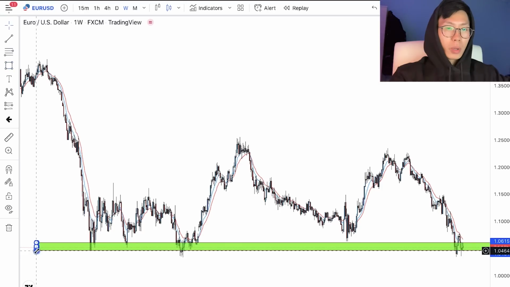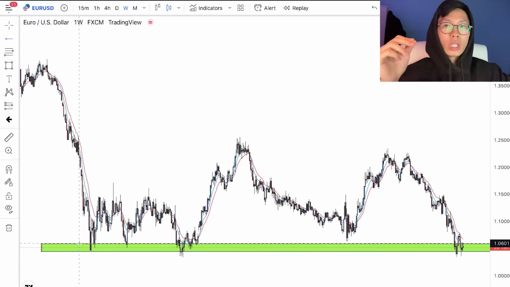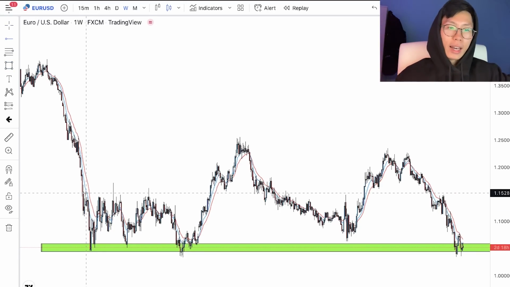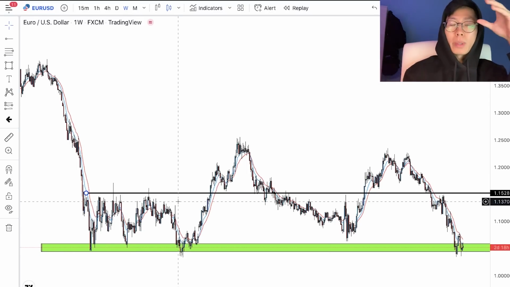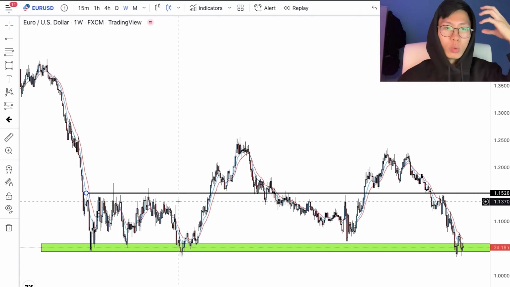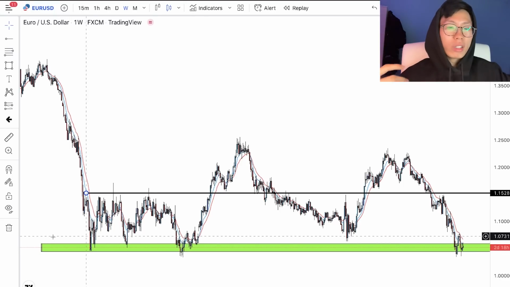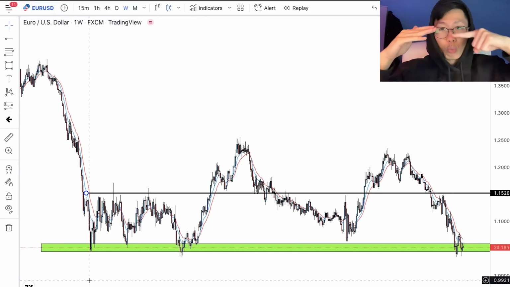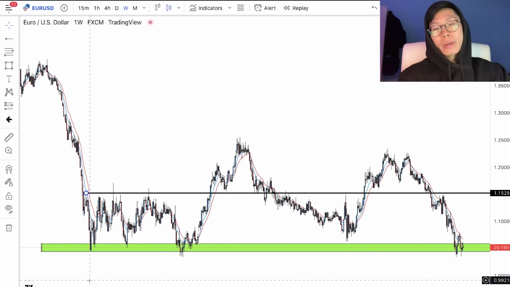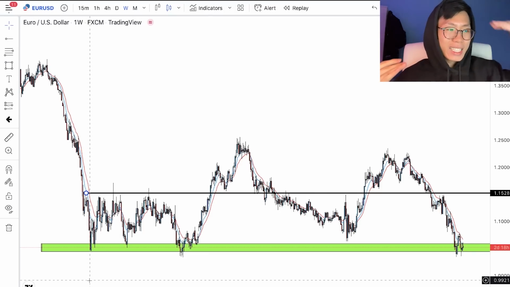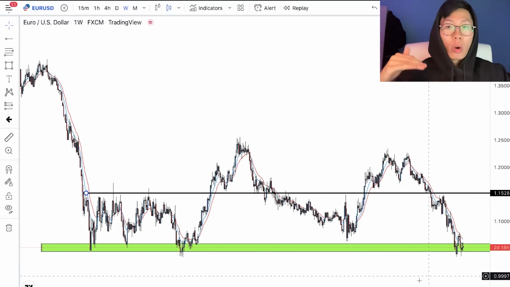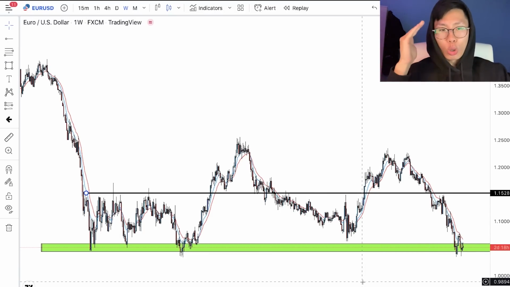And there's the little support area right here. And if you guys notice, I do not like to mark my key levels like this, because you must understand that support and resistance, or rather supply and demand, are not at an exact level because they are an area. Price can go anywhere around this green area right here and reverse and go back up, guys. It won't just go to exactly 1.0 and then reverse. No, it won't. It just goes to an area.